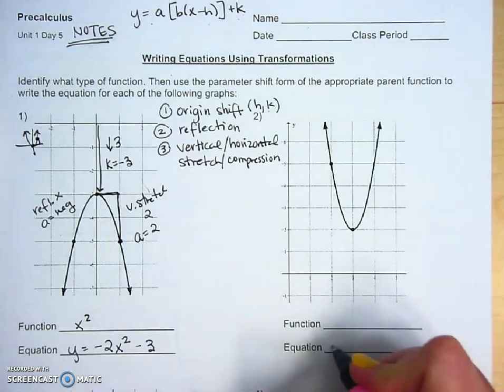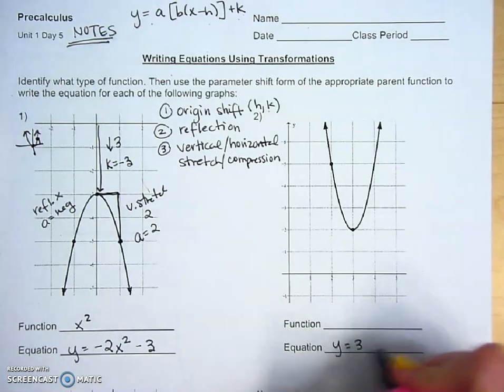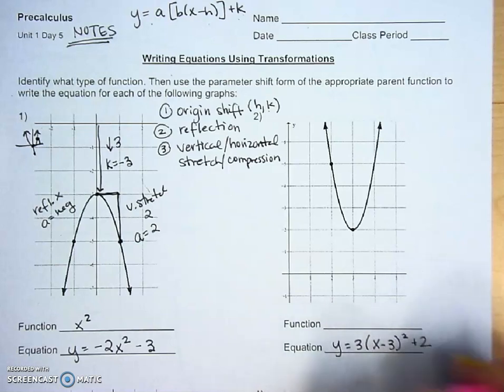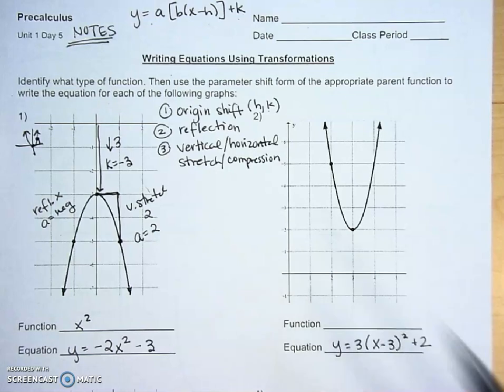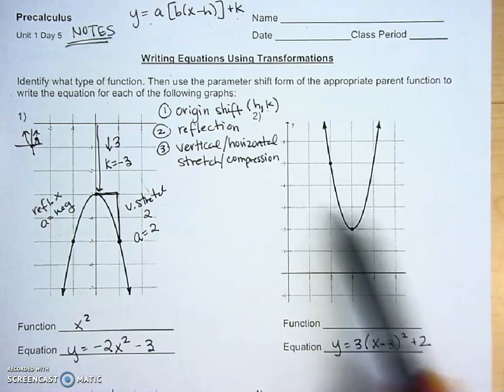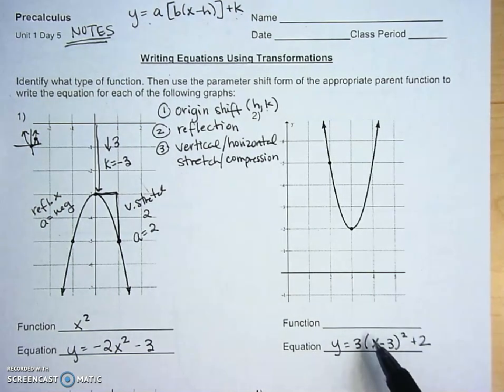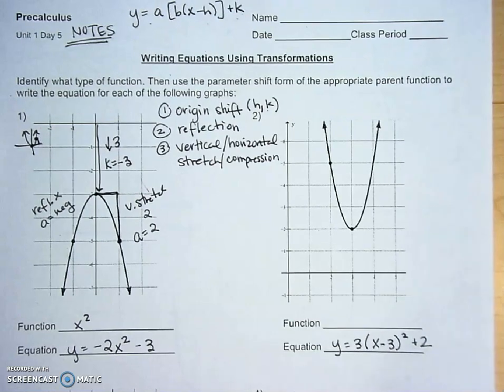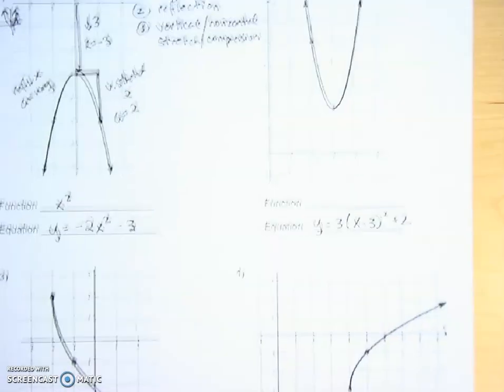So the answer to this one is y equals 3 parentheses x minus 3 parentheses squared plus 2. And look in your Google Classroom for the completed notes, and you can see I have notations for where all those values came from. All right, for number 3,